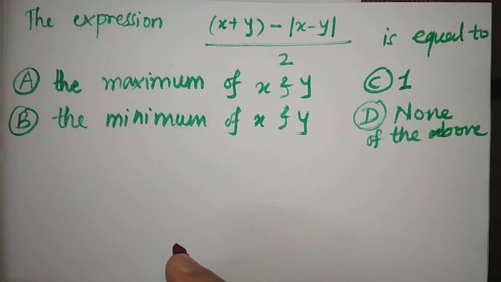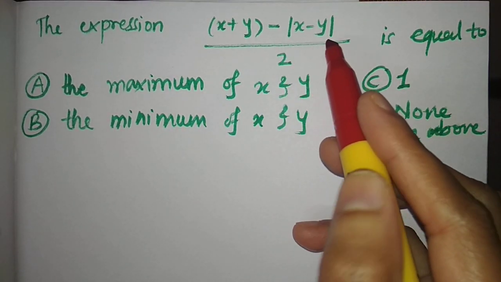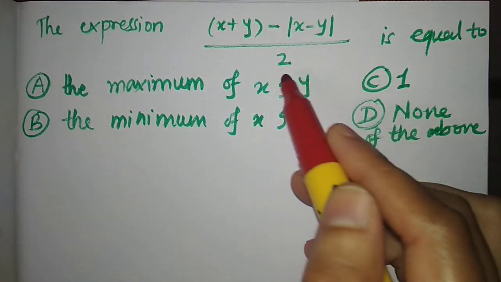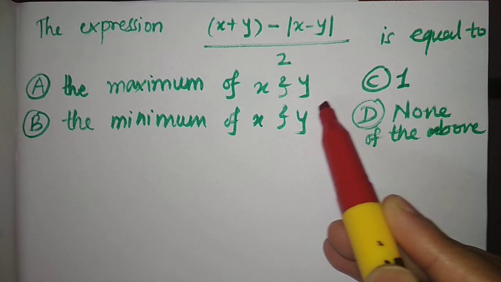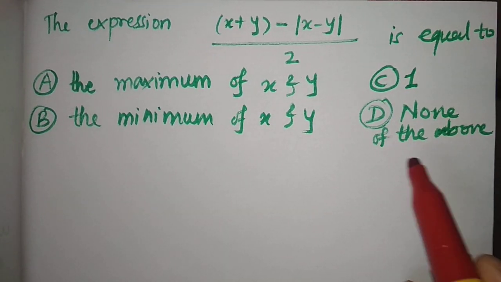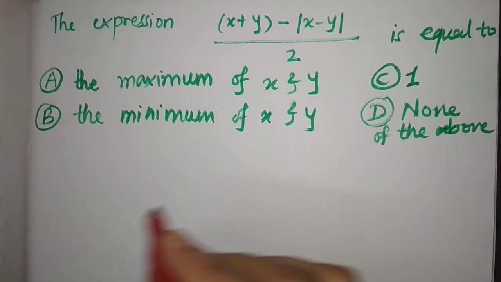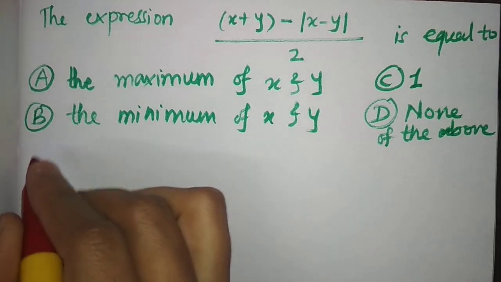So the question is: the expression (x + y − |x − y|)/2 is equal to? The options are the maximum of x and y, 1, the minimum of x and y, and none of the above. Now in such type of questions, you just note that